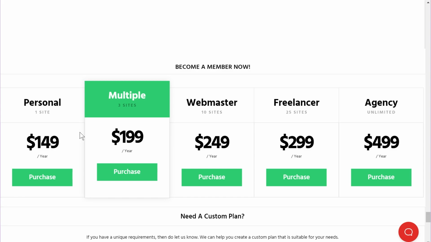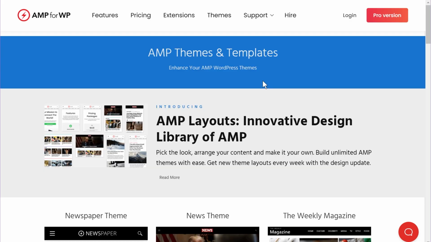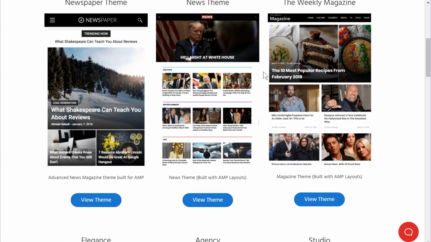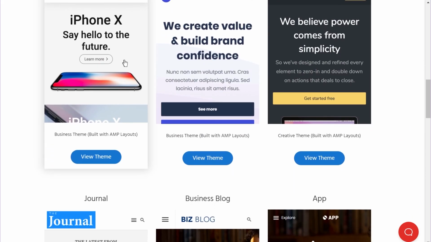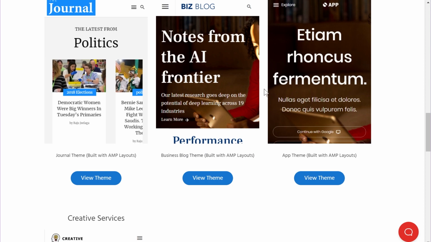So that's enough theory about the plugin. Let's use the plugin on our website and test it out. But before we do that, there's one more thing I'd like to clarify, which is about themes. So I'm inside the themes section for AMP4WP's website, and the existence of the theme section tells us one simple thing, that the theme that you're going to have or you already have on your website is not compatible with this plugin, and you'll have to use one of the themes that they have developed with the membership plan. And you can also pay for separate themes just as you can do with plugins.